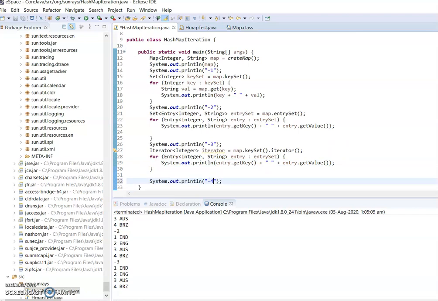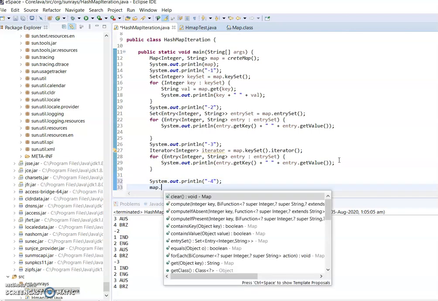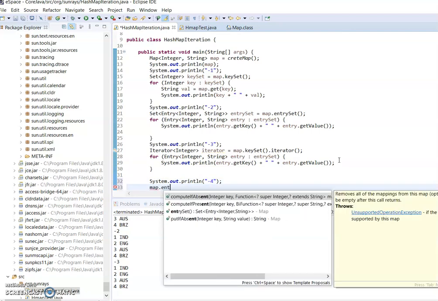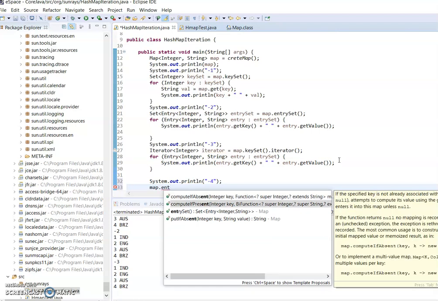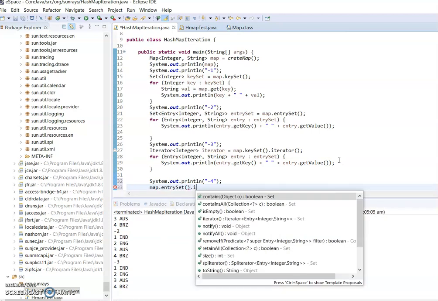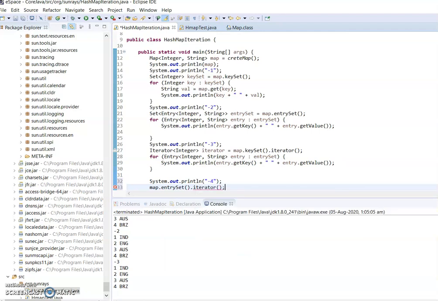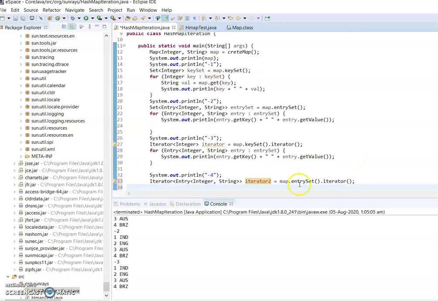In a similar way we can use the iterator function over the entrySet as well. So entrySet and iterator, we can use this iterator and iterate the data.